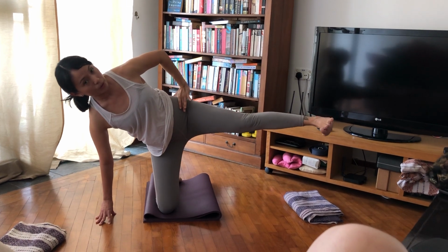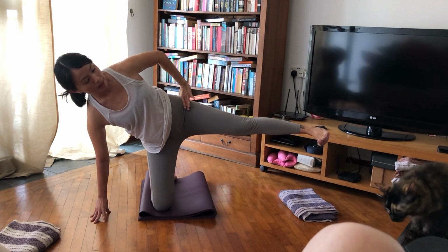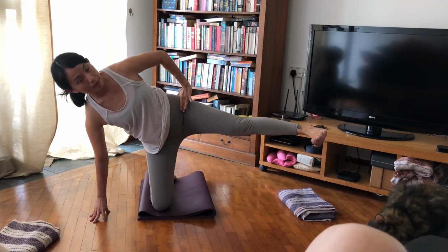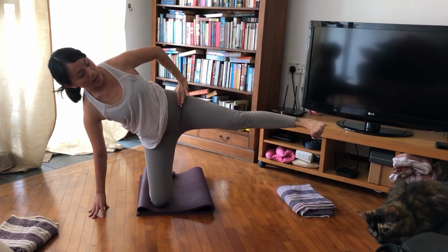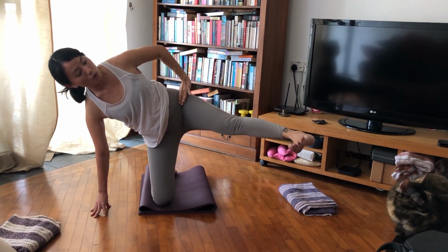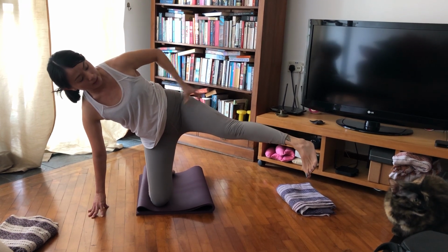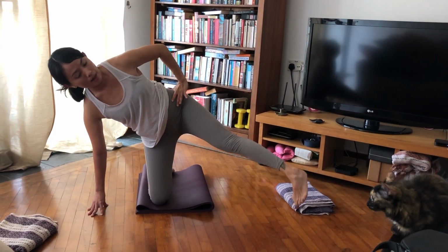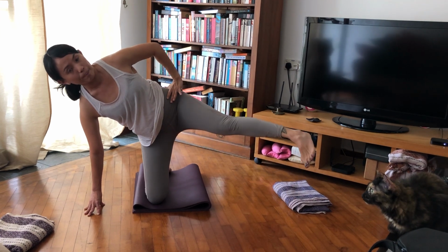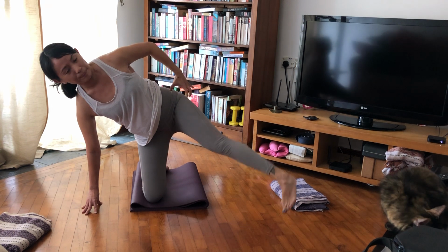From here, you can also start to sweep that leg forward and bring it back. Sweeping forward and back. And from here, bringing that leg forward, I point my toes down towards the floor. So really internally rotating that leg, and I go down and up. So really working that outer hip, that buttock,